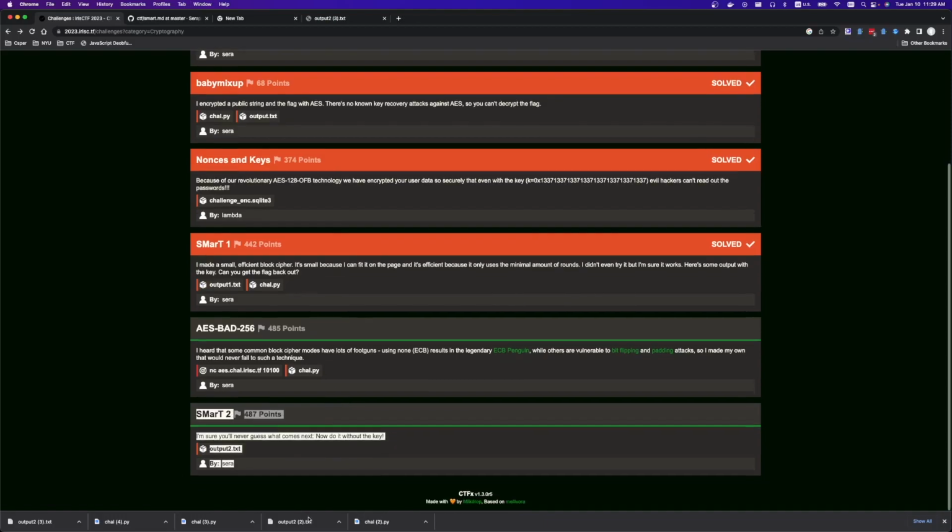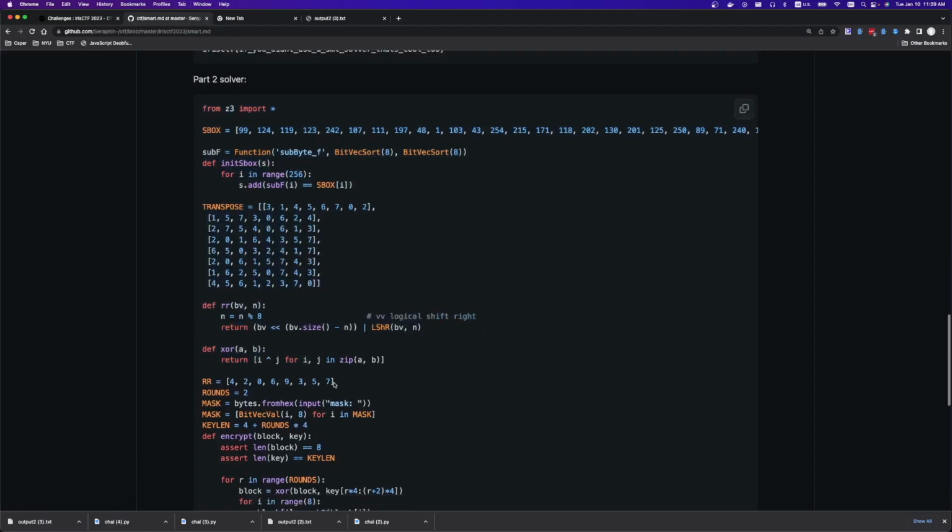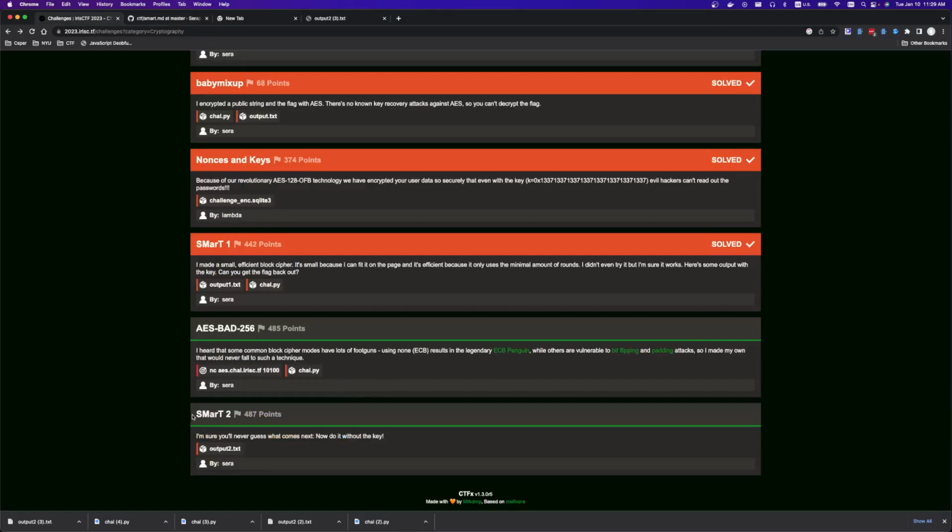I did not solve this challenge during the CTF, as you can see. So I referred to write-ups afterwards to help me. The challenge author did a write-up, which you can see here. Again, I didn't see the hint that we were supposed to be using an SMT. Same as the first one, I didn't think that you could use SMT solvers on S boxes, but once you know that you're supposed to use an SMT solver, and if you know how to use one, this challenge